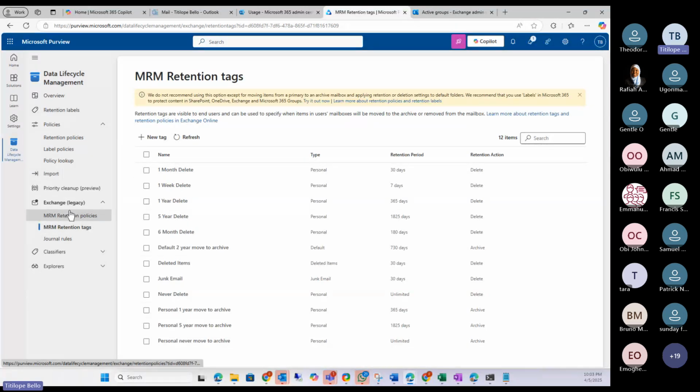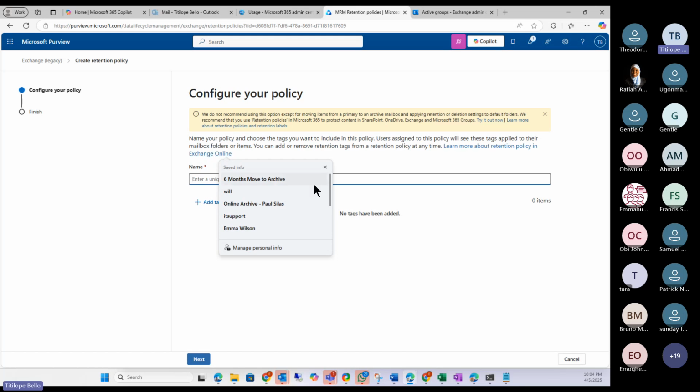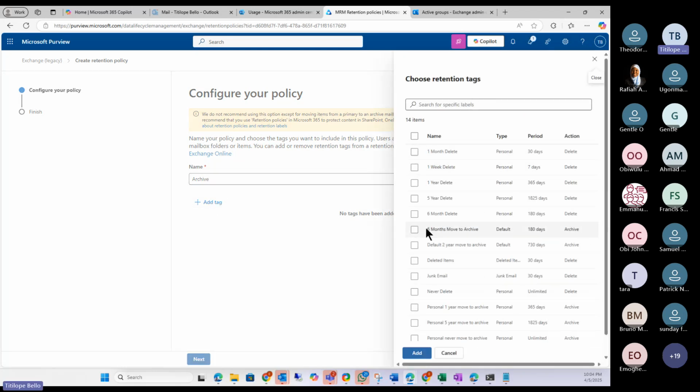This policy, let's go to the policy, and if we create a policy, right, we'll add tags, archive, then we add tags. The different tags that we have here, you can choose, it has even created a 6-month move to archive,